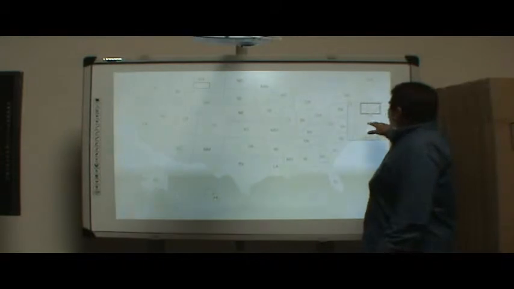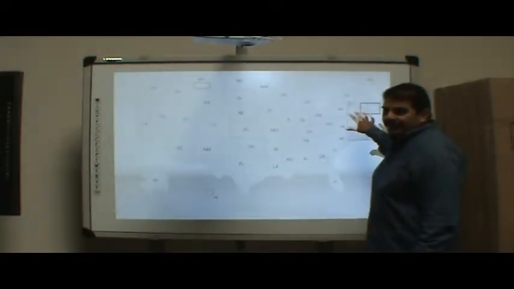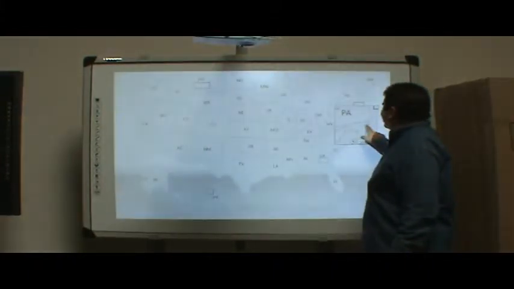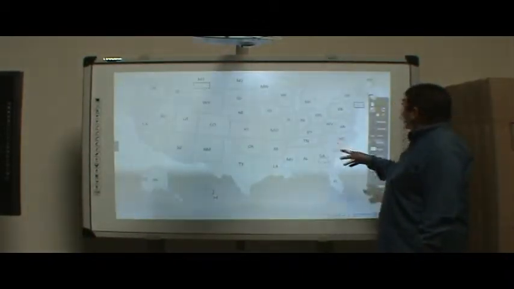For example, right in here in New York, there's a couple of islands, so I may want to take a look at that a little bit closer. This will magnify everything up to 4 times the magnification. So we could do that, or for example, we could use, let's